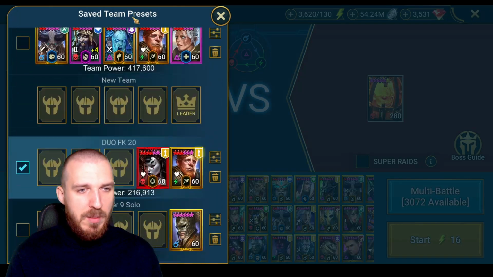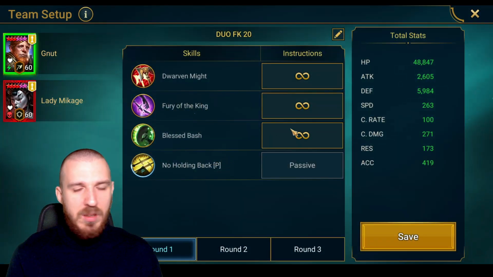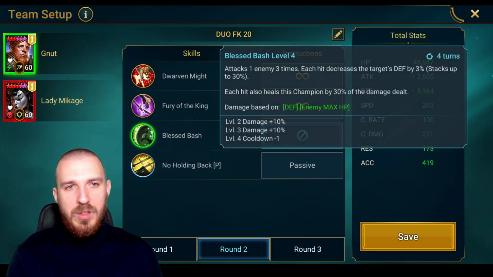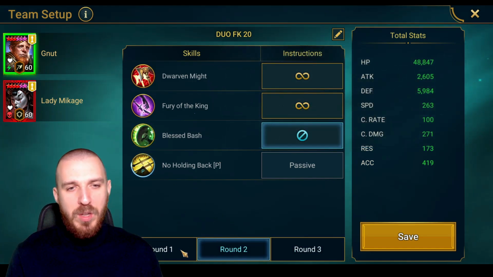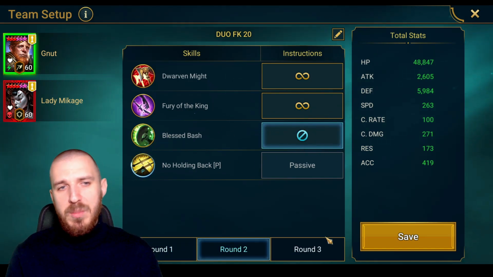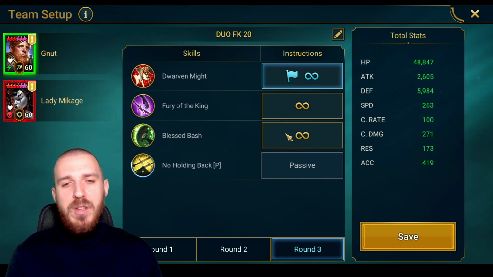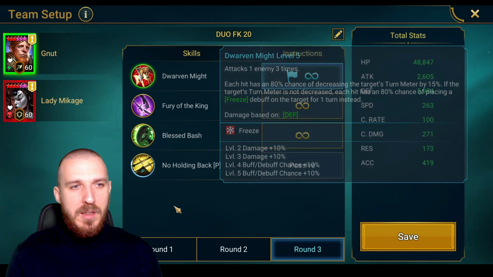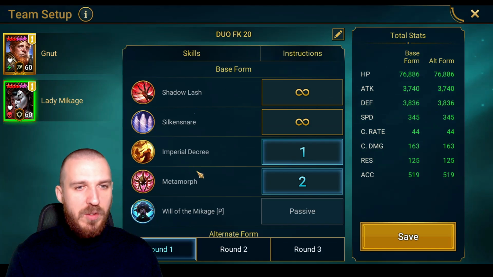The team setup for this team. Now Newt, I don't want him to use his max HP hit on wave 2. On wave 1 it doesn't really matter. On wave 2 I don't want him to use his max HP hit, and then round 3 I want him to start with the A1. Now for Mikage,